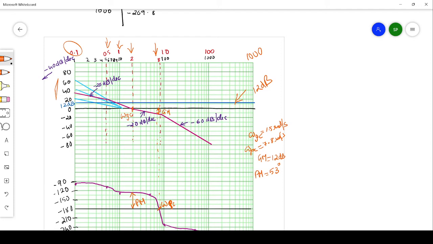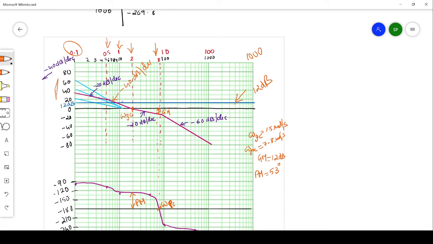If you extend this one, because we know that at 0.5 the slope should change. At 0.5 frequency the slope should change to minus 40 dB per decade. Okay, so this is this one. This line is minus 40 dB per decade. Okay, so here now if you extend this red color line which I have drawn here, it should pass through at omega equal to 1, it should pass through this point, that is 12 dB line.